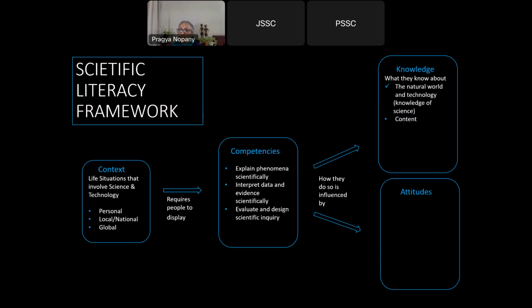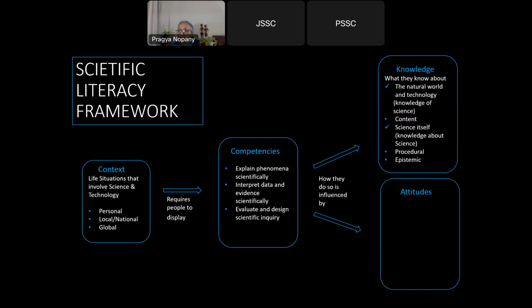And also, in this comes the knowledge of content of a subject, maybe biology, chemistry, astronomy, space science, earth science, whatever. And another thing that they have to have is the science itself. That means the knowledge about science. What do we mean by that? What are the different procedures that the science has? How does it collect data? How do we set up experiments? How does the science try to minimize the errors in a procedure? So these are different procedural knowledge about the processes employed in science.